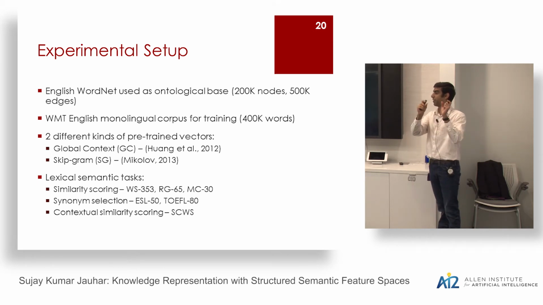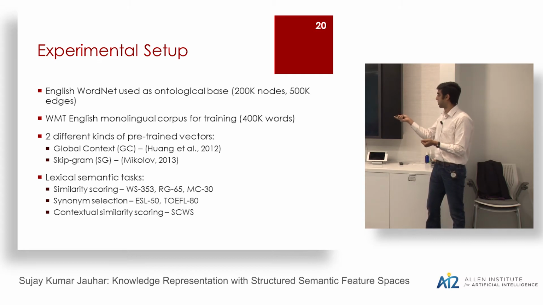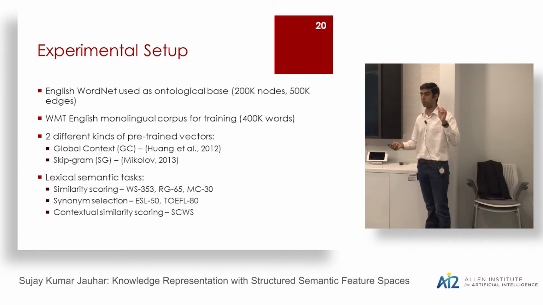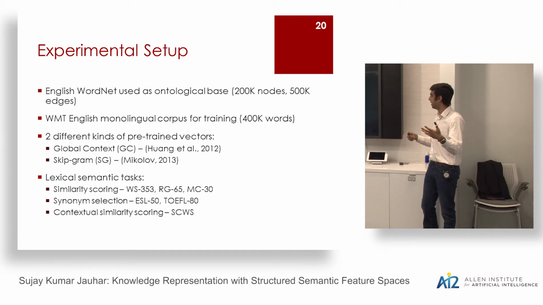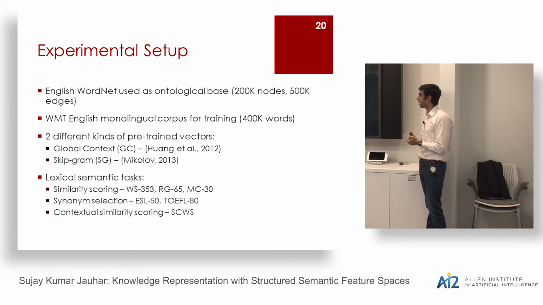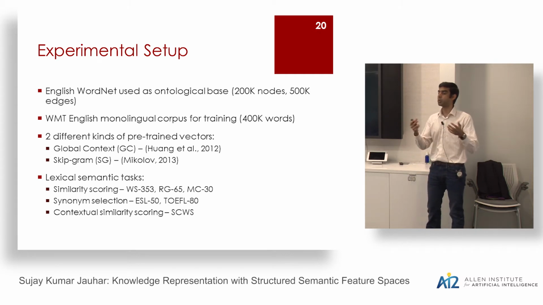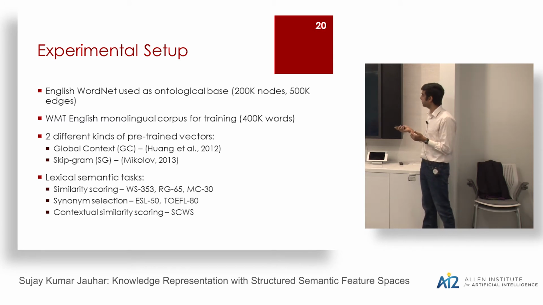Similarity scoring, where you have a pair of words and you want to predict how similar they are, and you are evaluated on the correlation with human assigned scores. And then a second task, which is synonym selection, which is given a target word and a bunch of options. You want to pick the one which is most synonymous to your target. And finally, we have something called contextual similarity scoring, which is very much like the first task, except that now you have context instead of the two words occurring in the void, basically.